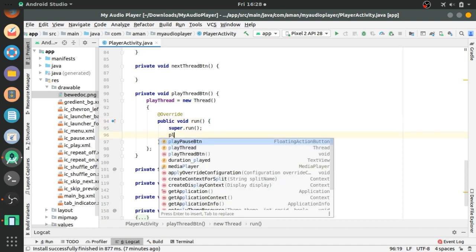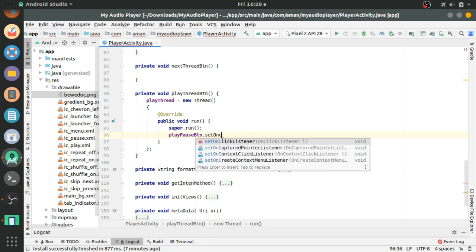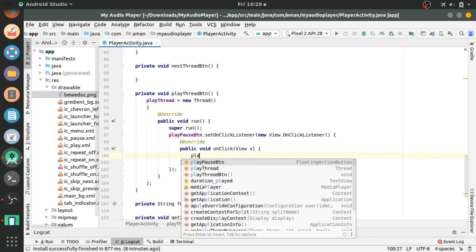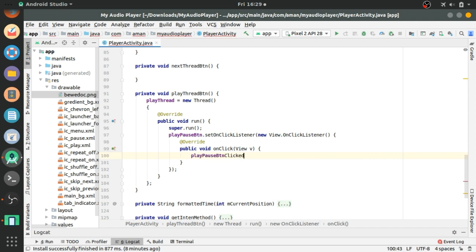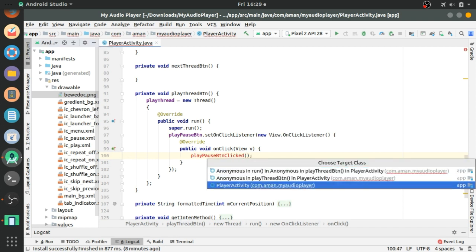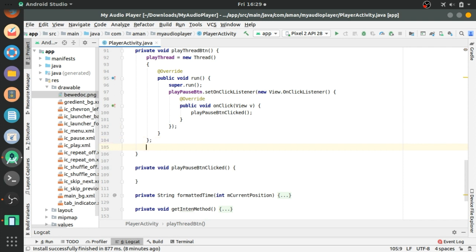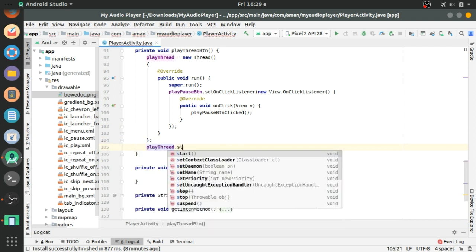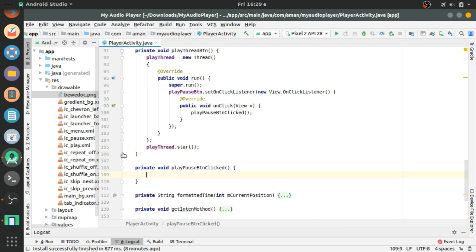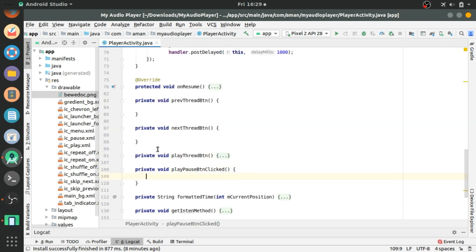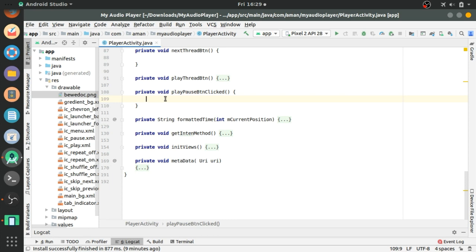In the run method we will add set on click listener to the play pause button, and in onClick the playPauseButtonClicked method will be called, and after this semicolon we will start this thread. Now when the play pause button is clicked, this method will be called.